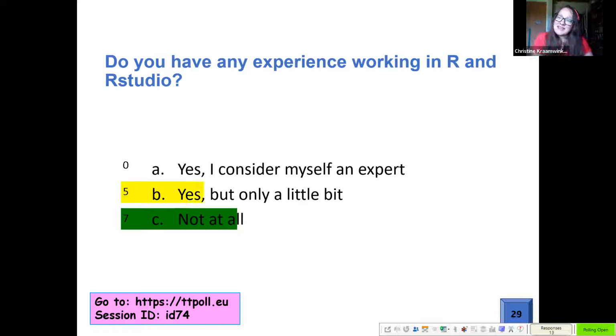Joshua, everyone says stats is scary, but it's actually really fun. So once you get the hang of it and you understand the little tricks, it's super fun. My students always tell me I get very excited. I bounce around when I teach. So then they get excited. They don't know why. And before they know it, they're hooked. So the poll is on this website, tcpoll.eu. We'll do all of the poll questions on there. And the ID is ID 74. That's the session ID.